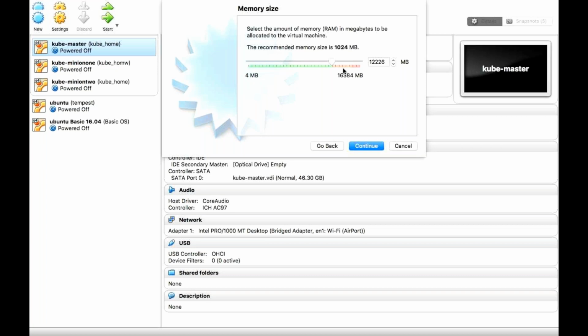This RAM should be allocated to your base machine. You need to leave it to the base machine, right? Obviously your virtual machine is running on the base machine. If you don't have enough amount of RAM for your base machine, how will it run your Oracle VirtualBox? No, right? So the maximum margin they have given. Remember, 4 GB has to be allocated to your base machine. Rest of RAM you can allocate to your virtual machines. Okay, so now here I'm allocating 2 GB just for the installation, right? 2048 MB is equal to 2 GB.